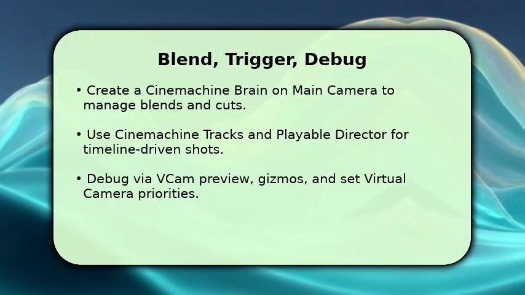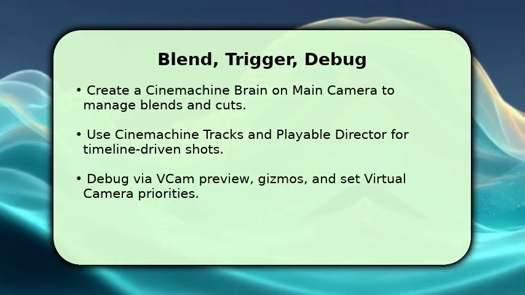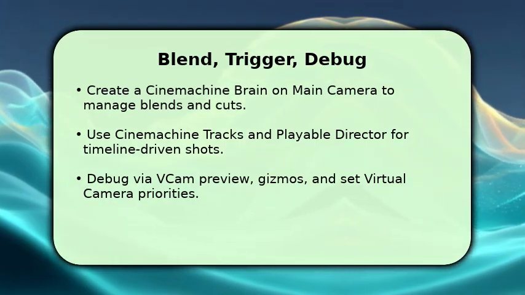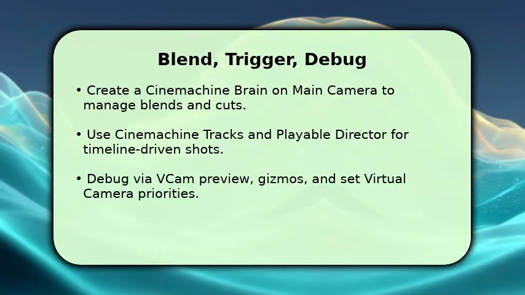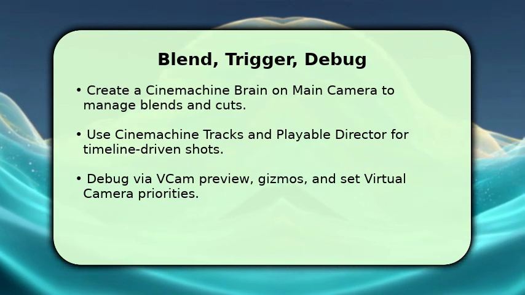If things go wrong, check V-cam priorities and the brain preview, often a mistagged main camera, wrong target assignment, or conflicting priorities causes silence. Adjust priorities, retest, and